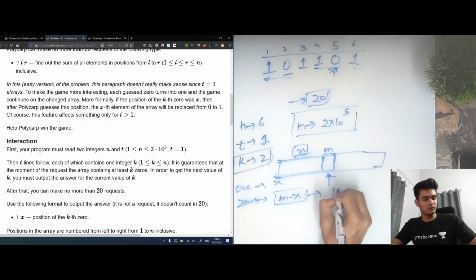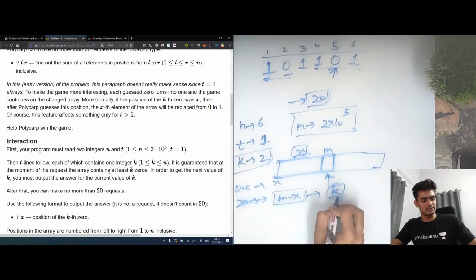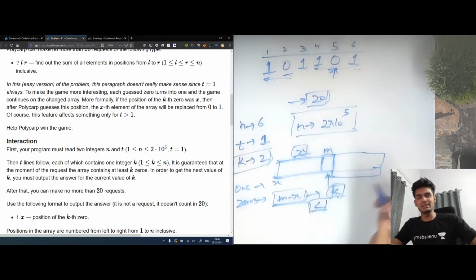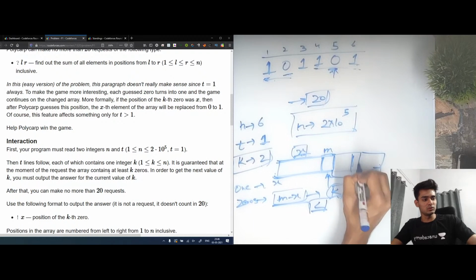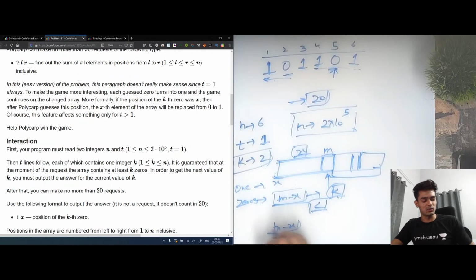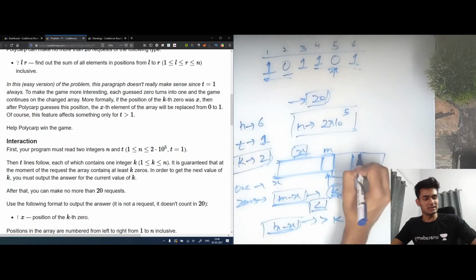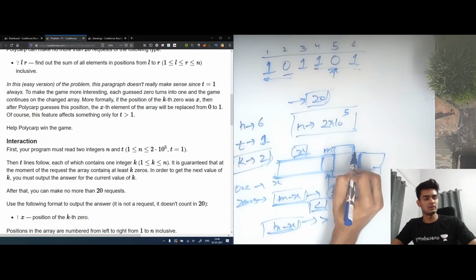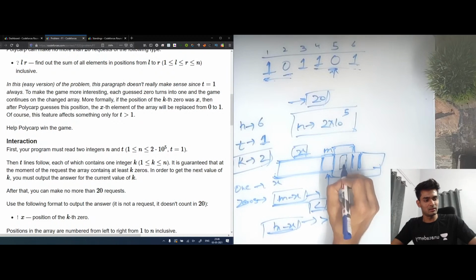Now let's say we had to find k, and we know that this k is greater than m minus x. Now if this k is greater than m minus x, we know that our answer will lie somewhere in this region. The next thing we can do is take the middlemost point and again find this x. So again we'll have m minus x as the count of zeros. And now let's say that this k was less than m minus x. Then we know that our answer lies somewhere here in this range. Then again we can take the middlemost element and do this.